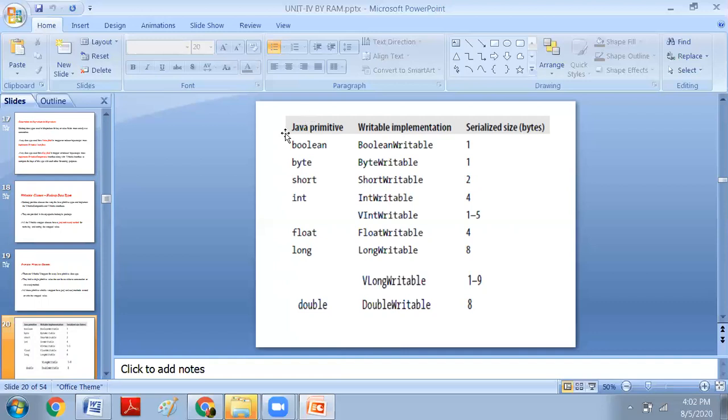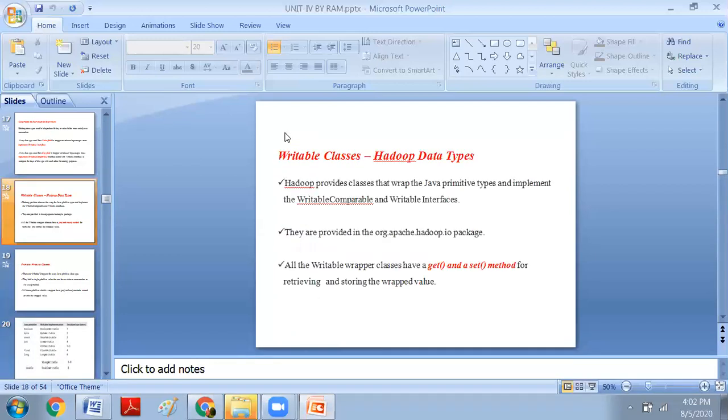When we come to char and string, for char, no writable is available in Hadoop, but for string, for both char and string combined, Hadoop has a Text class available. The Text class is similar to the String class. That is the thing. Before knowing about these primitive data types of Hadoop,